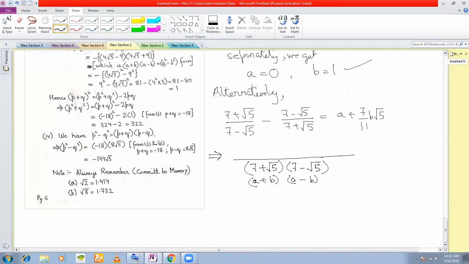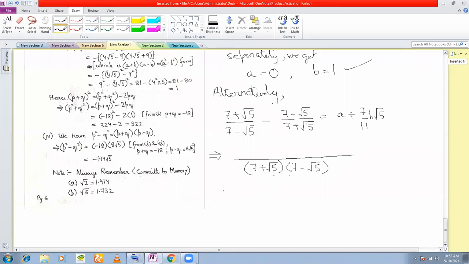for you. But the problem is if you did not have the denominator of the form a plus b and a minus b, then what would you have done? Then this method would have become a problem for you. So that is why I always prefer the first method. So you understand the difference between the first and the second method. Because you have the denominator in the form a plus b into a minus b, it does not matter whether you take the LCM or you rationalize separately. So now let's see what happens.